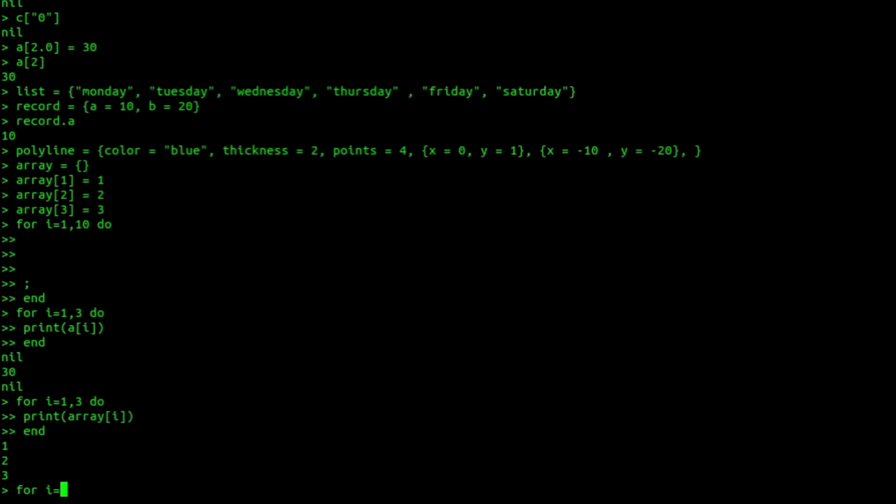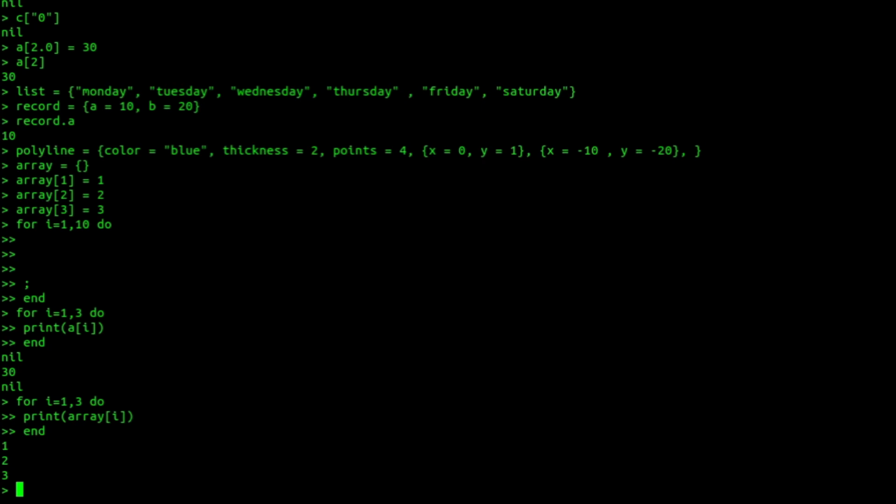Remember, if your table has nils in between, then it won't work as required. So you need to make sure that you use this with a sequence, and a sequence is nothing but a list without holes, where holes are nil values. If you use this hash symbol with non-sequence tables, then the result is non-deterministic. You can't determine the output, so it's better to avoid that and use this operator only with sequences, which are tables or lists without holes, where holes are nil values.